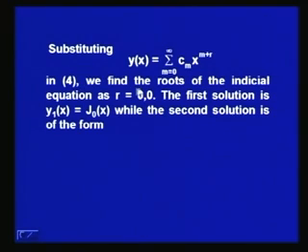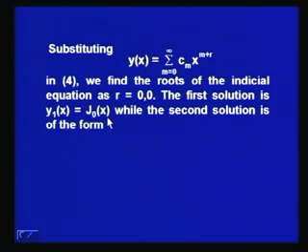In this equation, we find that the roots of the indicial equation are 0, 0. That is, it is the case of the indicial equation having equal roots. Now, one solution of the Bessel's equation can then be obtained. It will be y1 x equal to J naught x. We had seen earlier that corresponding to the indicial equation having roots nu and minus nu, one linearly independent solution of the Bessel's equation was J nu x. So, if you put nu equal to 0, you get one solution of the Bessel's equation of order 0